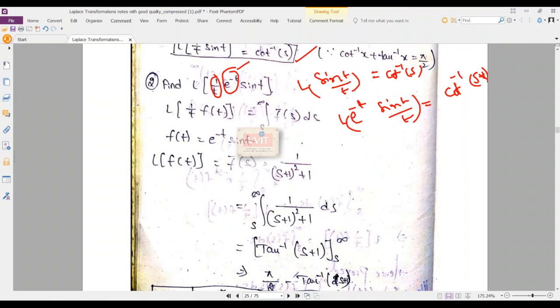So what he tried here, he did initially, but I want to give it the last priority. Otherwise, the complexity of this solution is increased. Better if you skip the e power t, give it the last priority. Only you need to replace s by s plus a or s by s minus a. This is the only thing that you need to handle. So that's the reason I would like to give the e power function the last priority, as a shifting property. That makes it pretty comfortable.